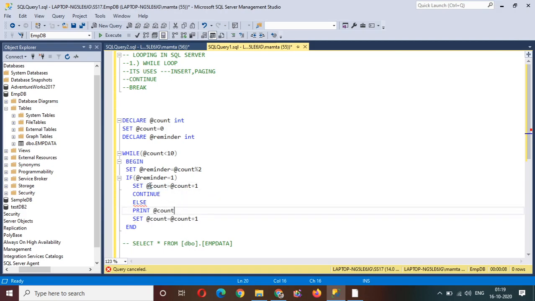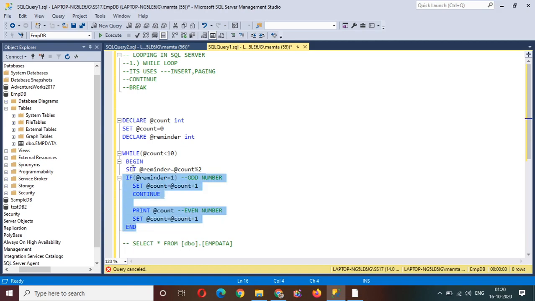So what is happening: if the remainder is 1, that means it is an odd number, and in that case I do not need to print the value. I just want to increment the value, and I want my control to go back to the while loop again instead of going down. Else, print the value and again increment the value. In this case it is an even number.